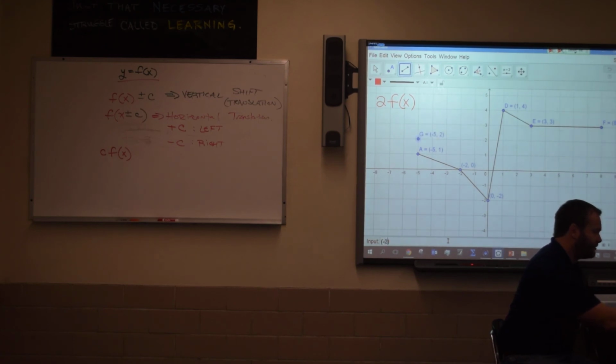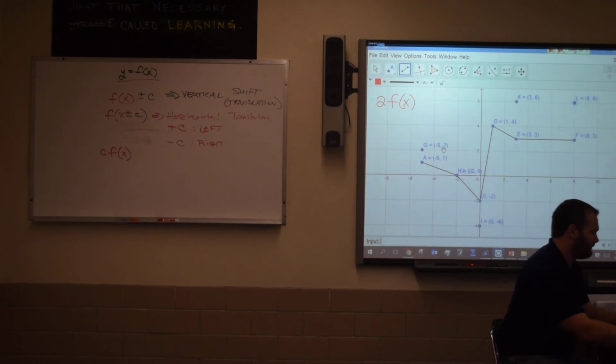Negative 2, 0 multiplied by 2 just stays at 0. When we get 0, negative 4, I'll get 3, 6, and 8, 6, right? And now if I connect those,